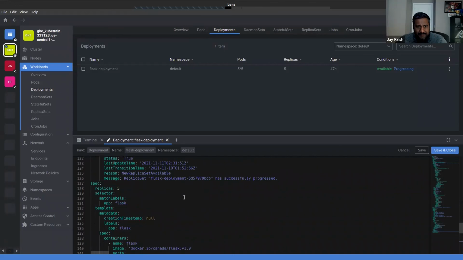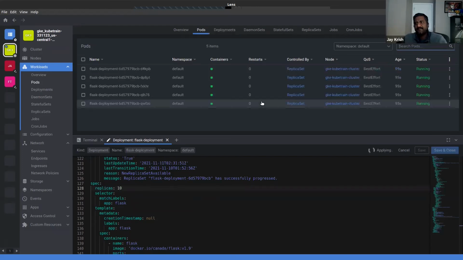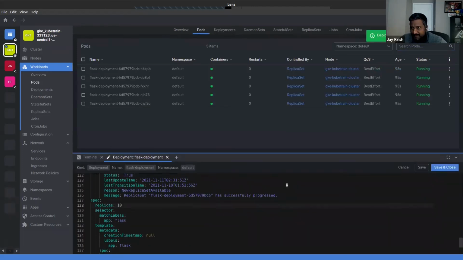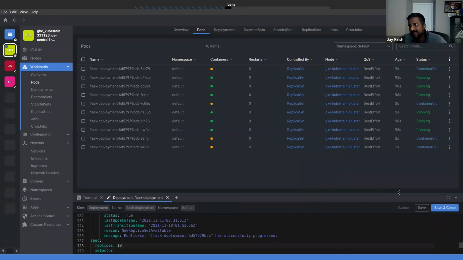Say replicas, let us make it 10. See, it has not deleted anything yet. It will only add. From 5 it ensured that it is successful, and then it is creating this 10th guy, like scaling up.